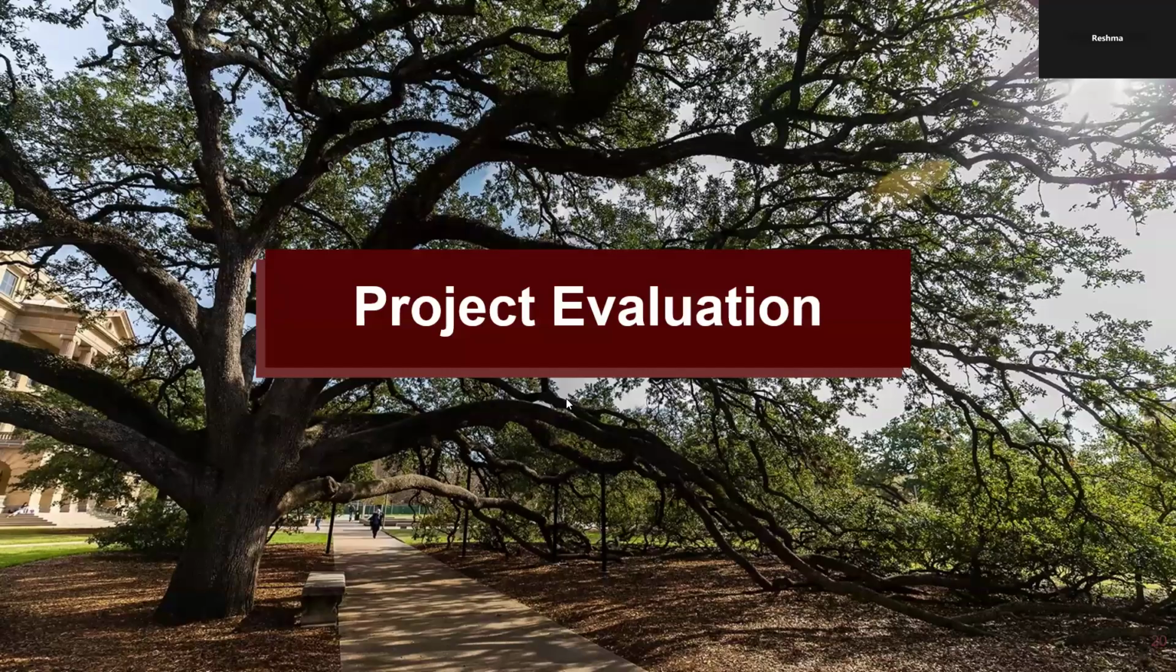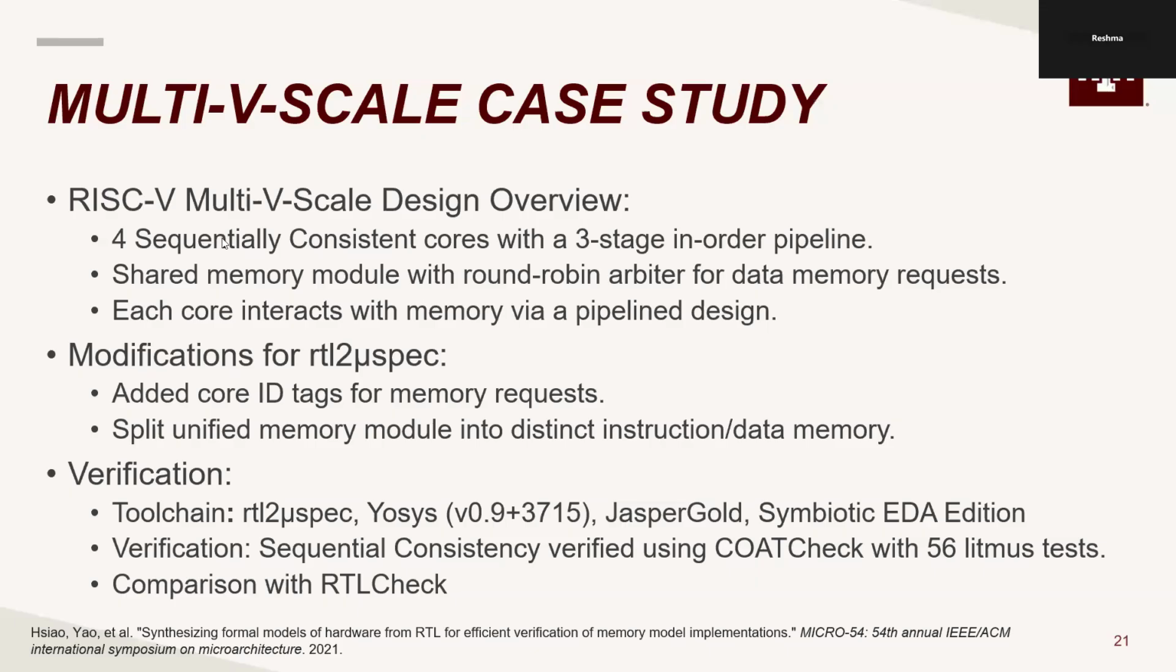Now let's see the case study of a Multi-V-scale processor. The design involves four sequentially consistent RISC-V cores with a three-stage in-order pipeline. It has a shared memory module accessed via a round-robin arbiter, and a single arbiter serves one core per cycle, allowing pipelined memory access. It has certain modifications as mentioned here, and the tools mentioned here are used for verification of